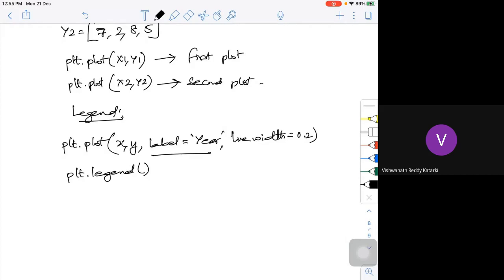Is that fine? So today we'll stop here. We looked into two types of plots. One is